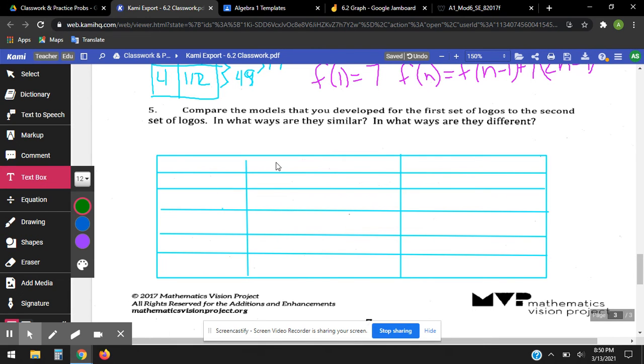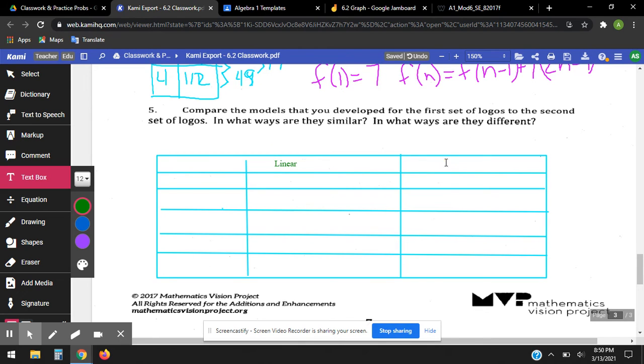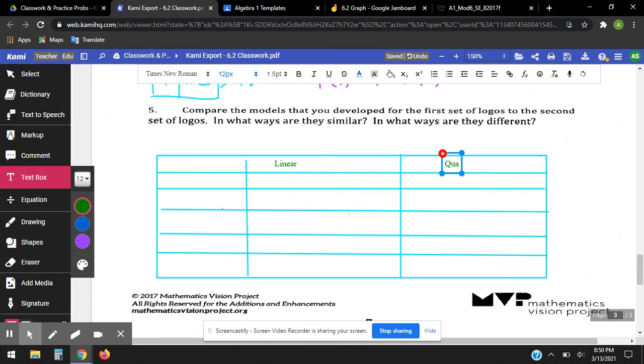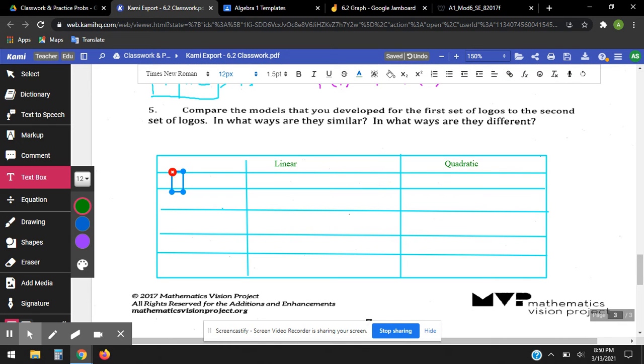Okay, so basically we're going to compare linear and quadratic. So linear we've done all sorts of times. Quadratic are the new ones we're introducing with this chapter, this module. So here, let's talk about the rate of change,